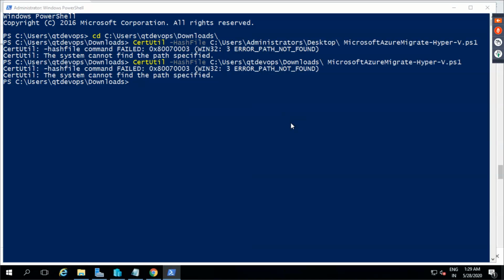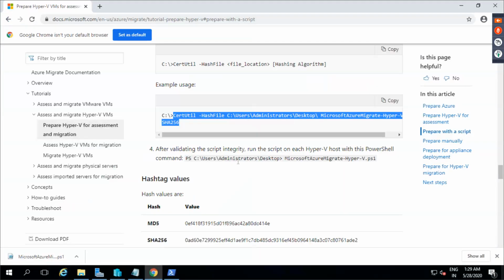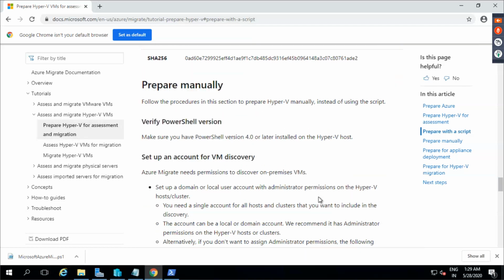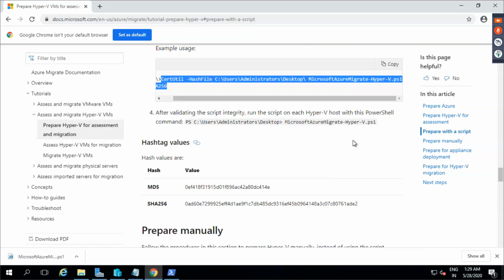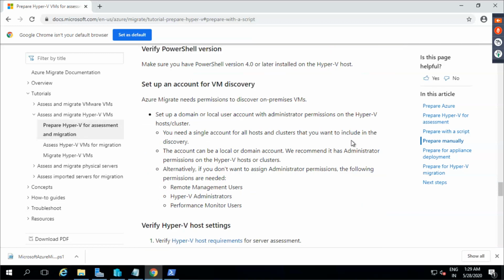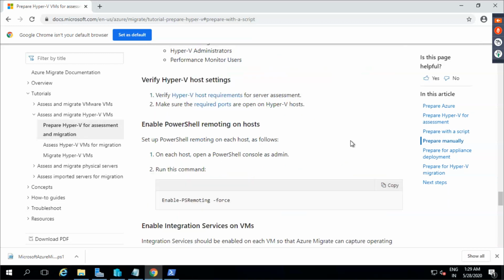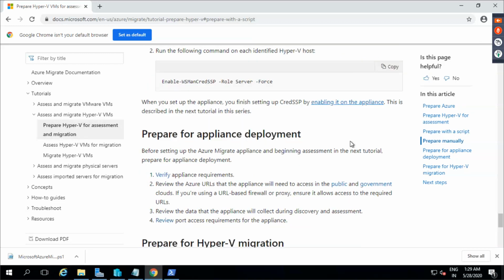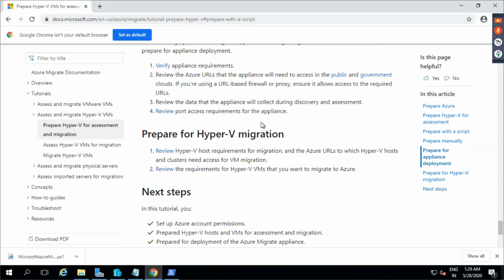Okay. Right. That is basically for measuring the integrity of this file. We need not basically do that. The only thing which you need to do is you need to run that script. Okay. Right. So you download it, and this is all the manual steps which they have given. So what is it that we need to basically do?